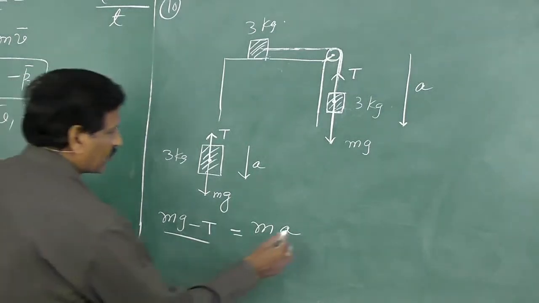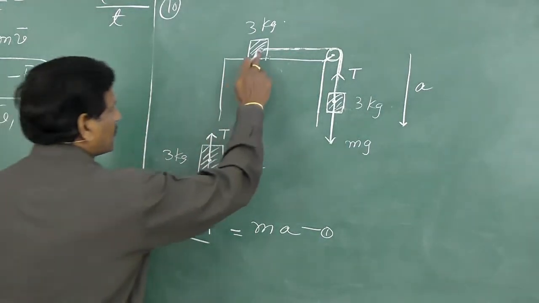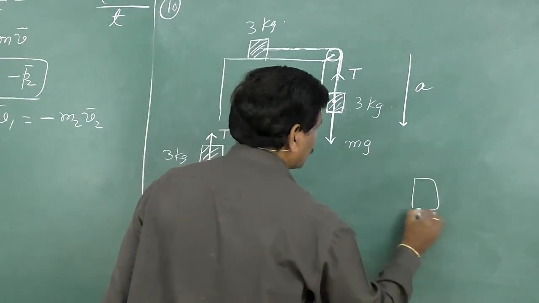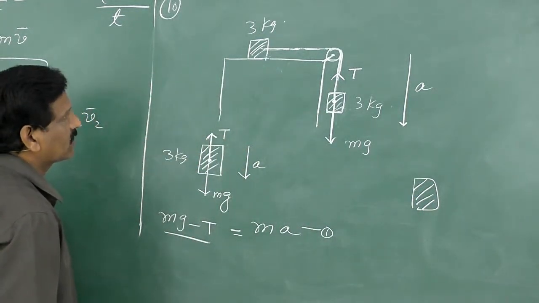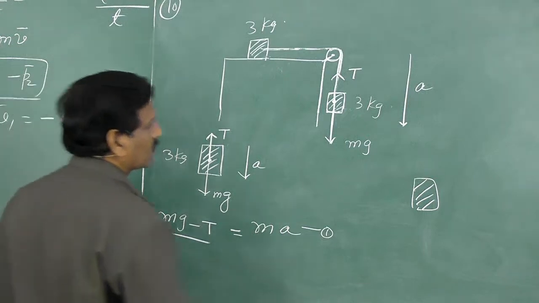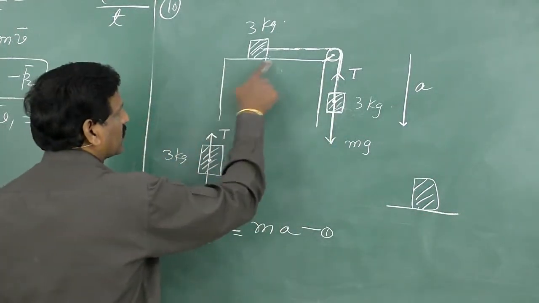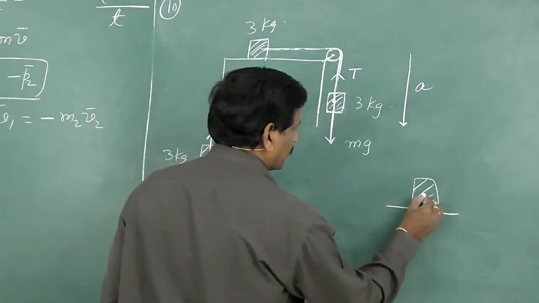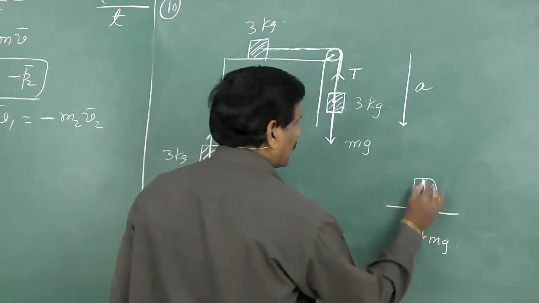So this is equation 1. And you take the second body. This is the second body. Again you can write the various forces acting on that one. So here, because this is in contact with the table, say if this is some table, then mg acts vertically downwards like this, and a normal reaction